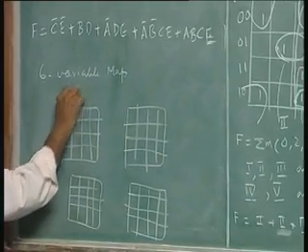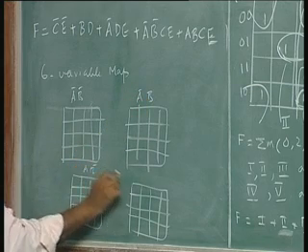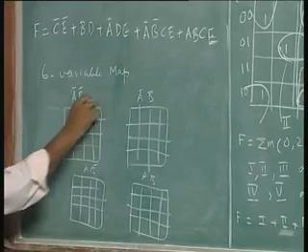A bar B bar, A bar B, A B bar, A B. So, min terms 0 to 15,